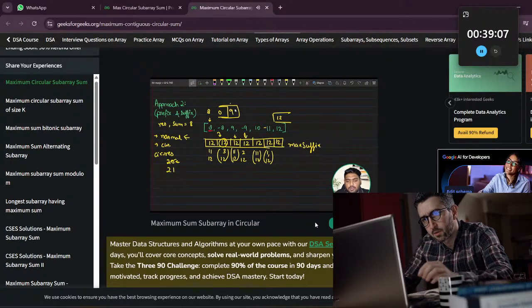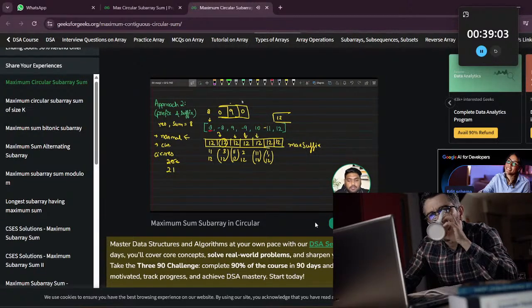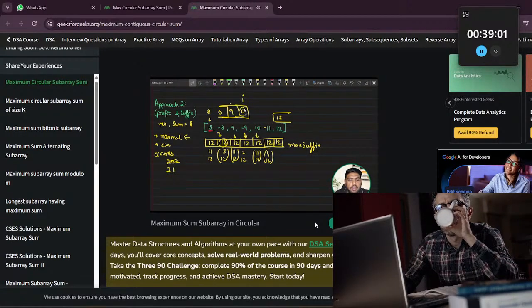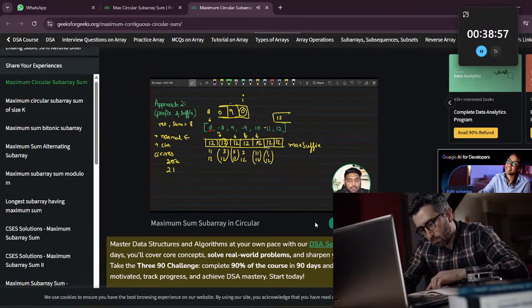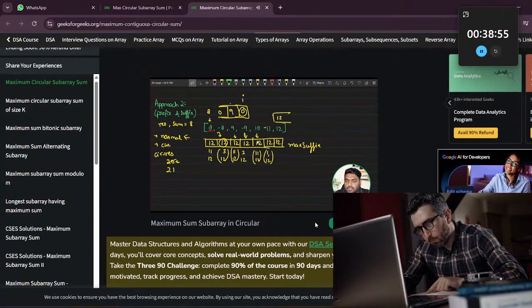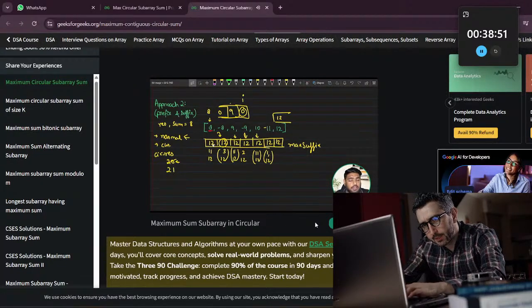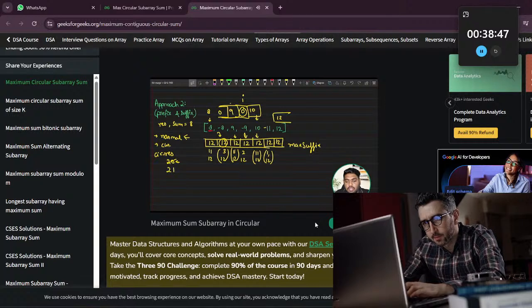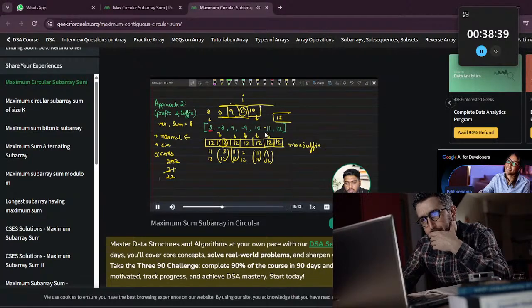Again, continuing, 9 and -9, we got 0. 0 plus 12, this is the ith value. Checking the ith prefix and the i plus 1th maximum suffix that we have stored. Okay, do we get any value? We don't, because we get 12, but that is not bigger than 21. Then going to here at 10. Now if I do 10 plus this value 12, I get 22, which is bigger than this one. I would replace it, and then I would again include